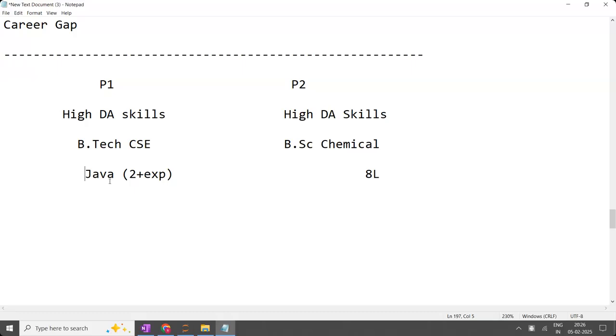For example, in my company, a data analyst role is there. In TCS, he has Java experience for 2 years. Now he is going to apply to my company as a data analyst. Will he expect more salary or less than that? More salary. Assume the present salary he is drawing is 8 lakhs. Now he'll expect at least 9 or 10 lakhs in my company. But I am unable to pay. Now what do I have to do with this person? Should I shortlist him for the interview or reject him?